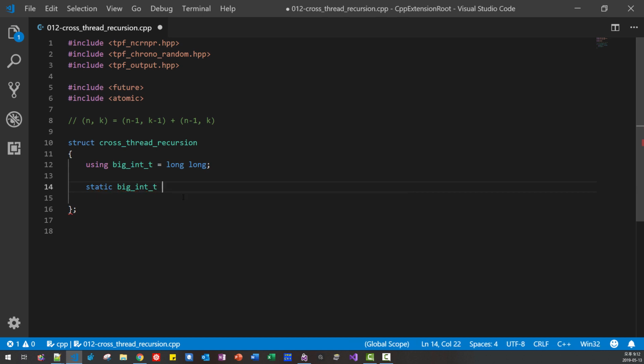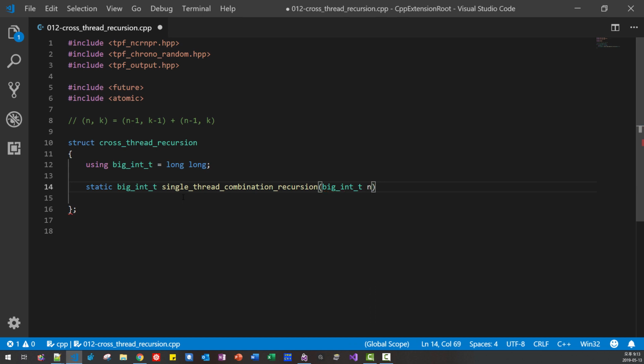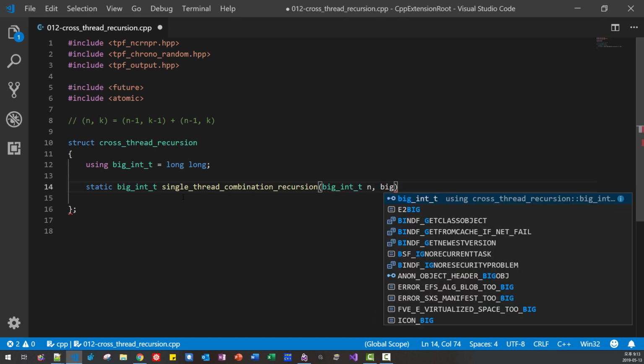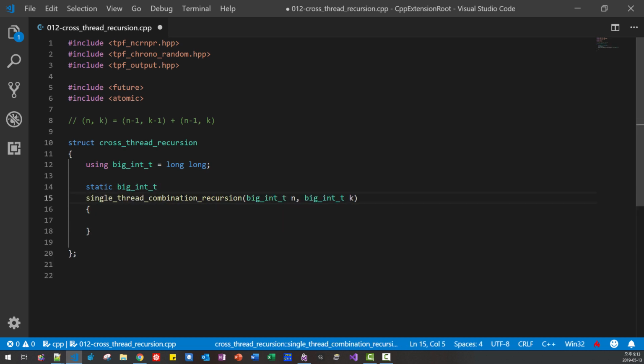This is the return value. Single thread combination recursion, big int tn, big int tk. Okay, I will give a carriage return here.